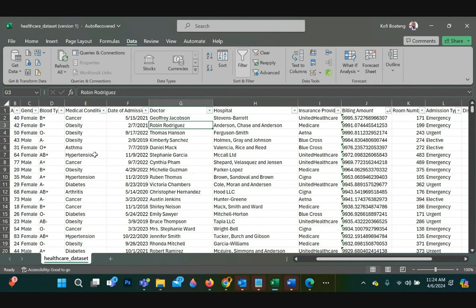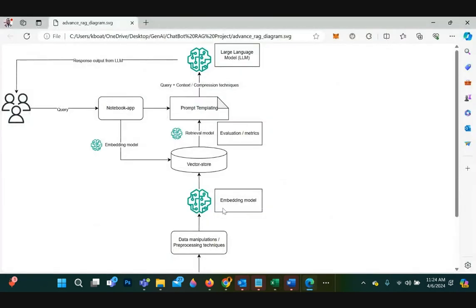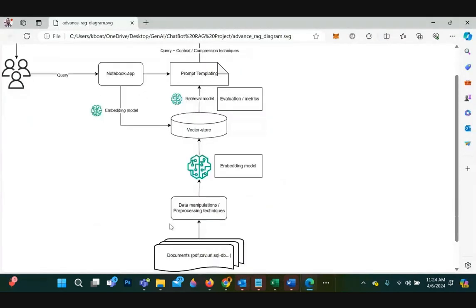You want to get the data in a form where, when you get to this section, the embedding section, you have things in place, not all scattered, right? So a huge amount of time will have to be spent on preliminary work formulating the data.